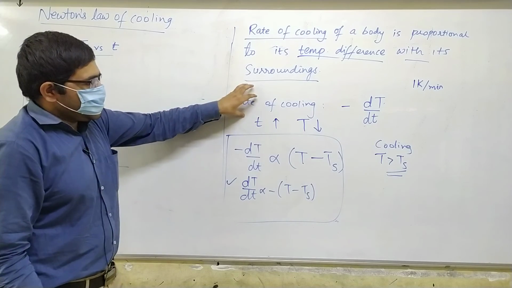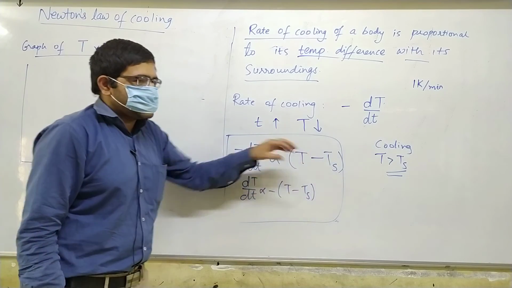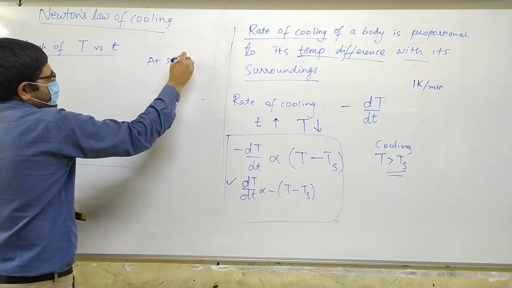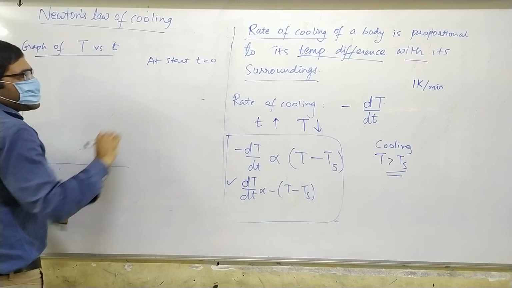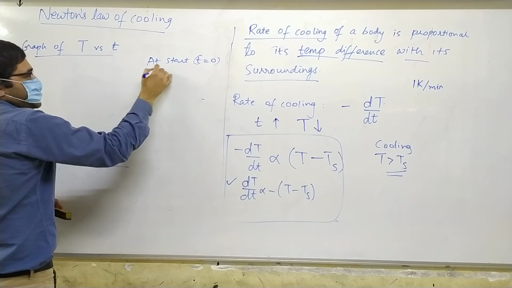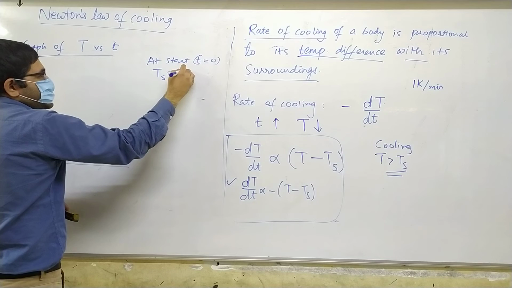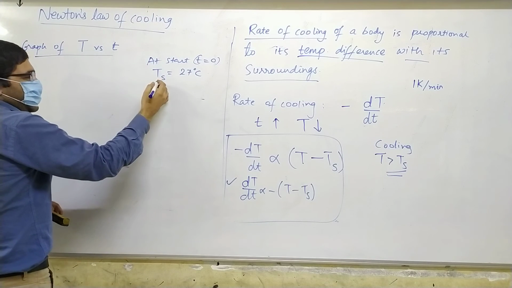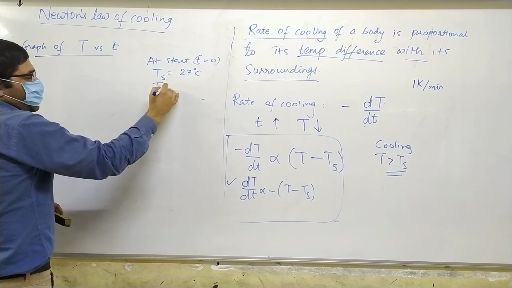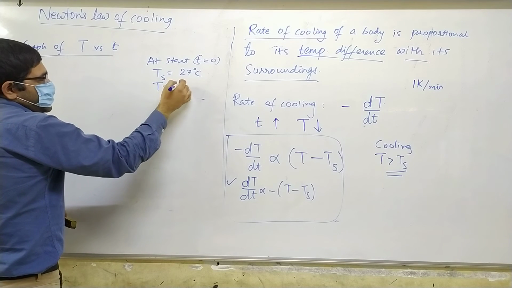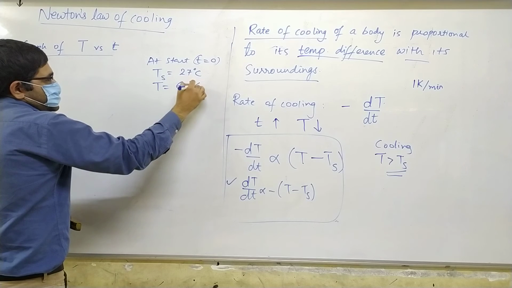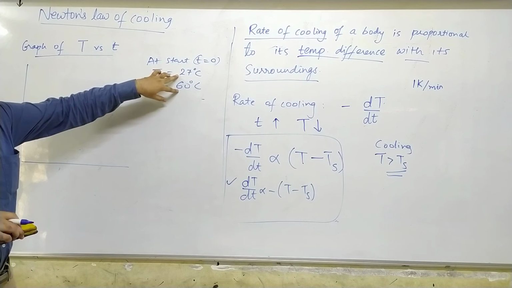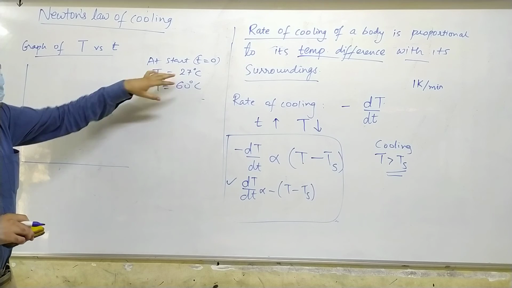Rate of cooling is proportional to this difference. So at the start, that is when T equals 0, suppose the surrounding temperature is 27 degrees Celsius, and the temperature of the body, which is quite hot, is, for example, 60 degrees Celsius. So you see the difference is 33 degrees Celsius. But gradually,